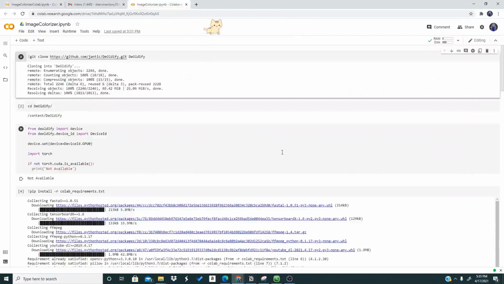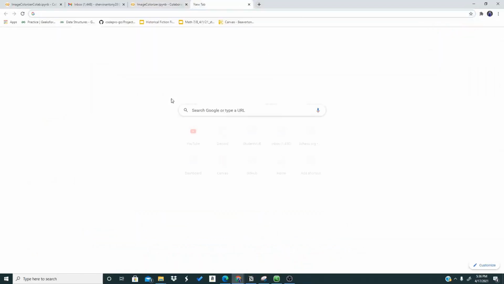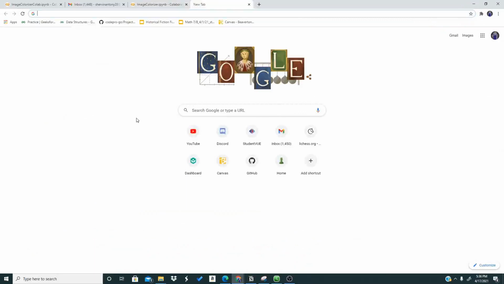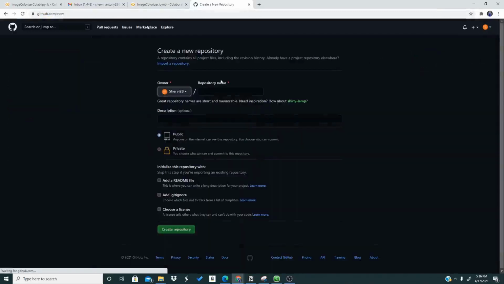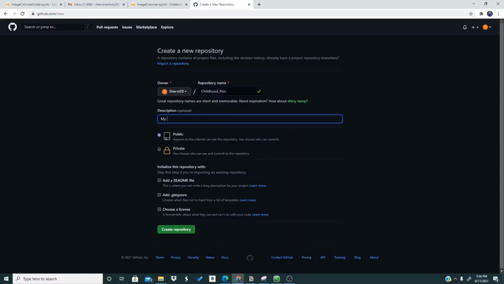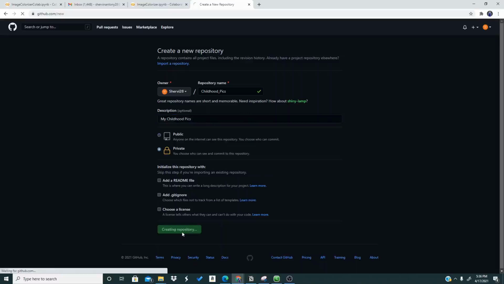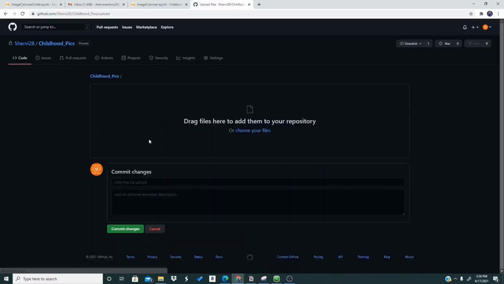So this is like an extra part for you guys. If you have any childhood photos from the 1980s or just any time, and you have some black and white photos that you want to see colorized, this is for you. So basically, first you need to upload your pic. It doesn't matter what format it is, if it's a JPEG or PNG. First go to github.com, and create a new repository, and just name it something like childhood pics, and you can add a description if you want, and make sure to leave that private, and create the repository and upload an existing file,